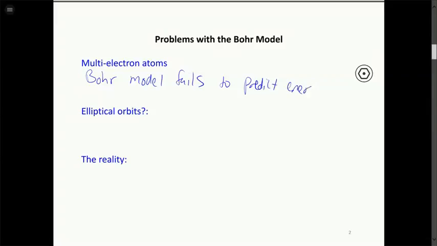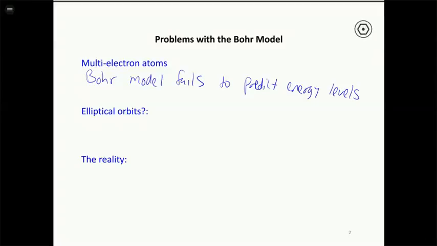Now, as we'll talk about, energy levels for multi-electron systems are more complex because now you have not only the interaction of the electron with the nucleus, but you have interaction of electrons with each other. So that's part of the issue, but no matter how they tried to refine the Bohr model, it just didn't work for multi-electron systems. So one thing they tried to refine the model is, well, what about